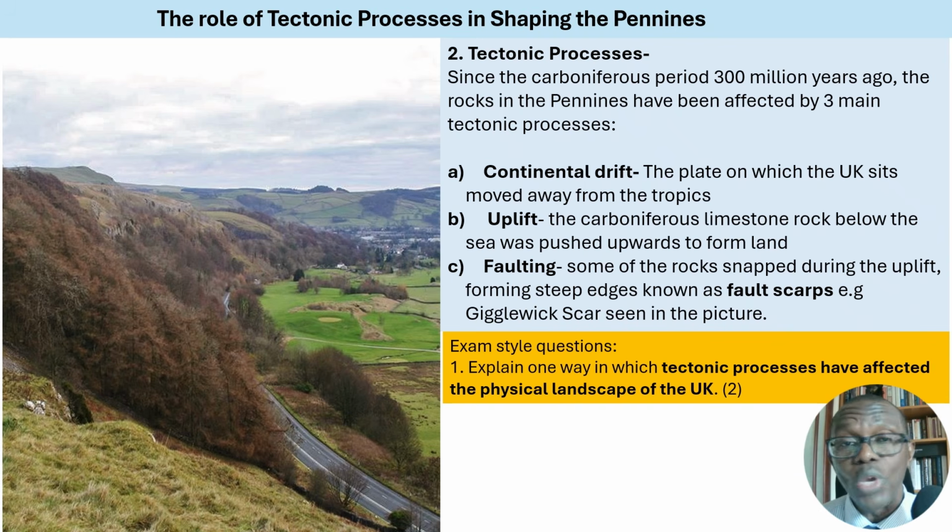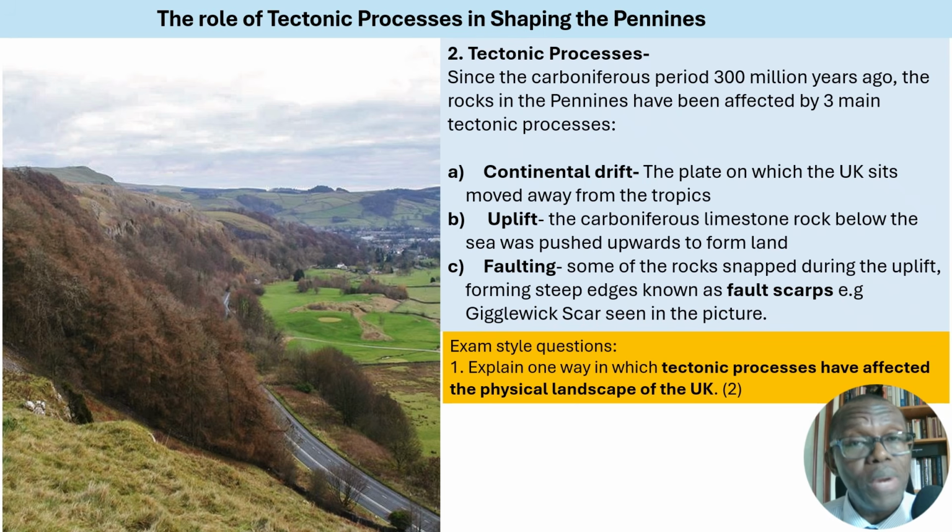So we know that the tropics are located closer to the equator, so at around 30 degrees north of the equator. And of course, the UK is located at around 55 degrees north of the equator right now. So its current location was determined by that continental drift. So that's one of the tectonic processes that has impacted on the UK landscape. And then the second tectonic